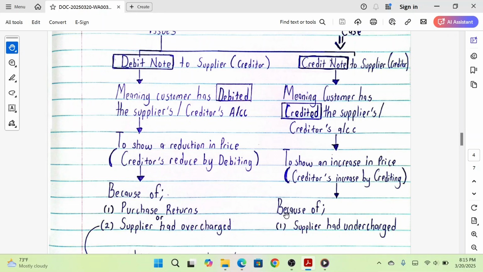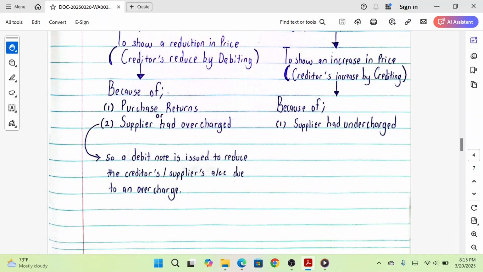This is because the supplier had undercharged the customer. So if the supplier had undercharged the customer, you end up passing or issuing a credit note to show that you're now increasing the price. Hope that is clear. Then we go to